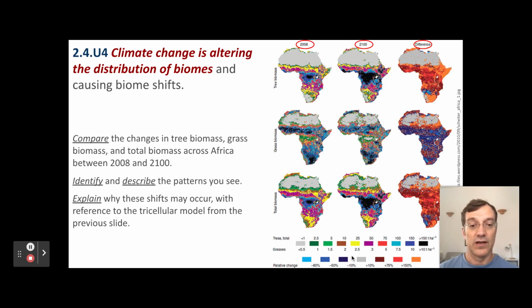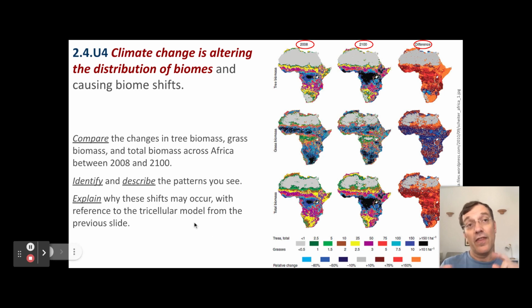Right? So you might want to take a few moments, pause the video, and just look at the colors down here. Right? So looking at the number of trees, we've got the total number of grasses and the change in those. Right? That means that our biomes are going to shift or move around the planet as the climate changes,